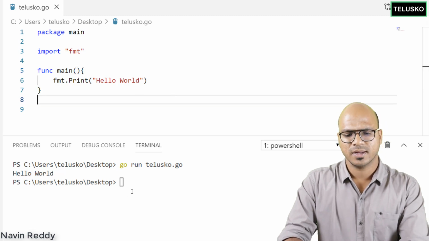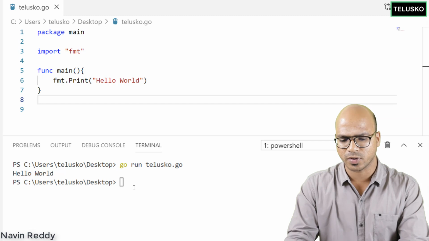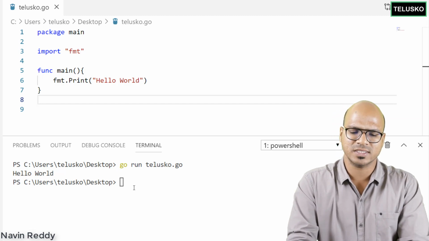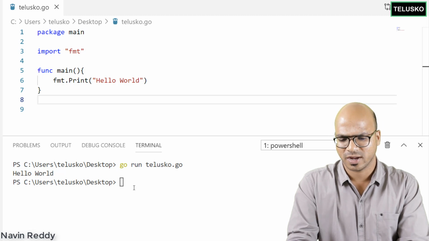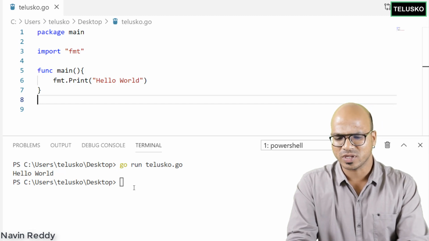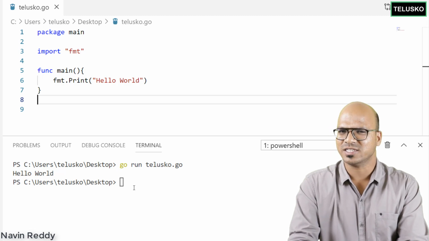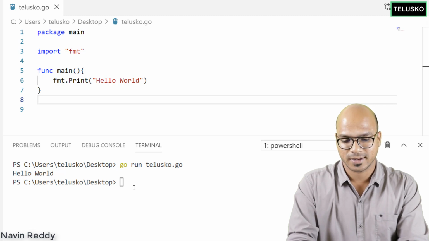Anything else? Yeah, this looks cool, and you can see we are able to run the code directly. But in the first video, we mentioned that Go is a compiled language, and we are not compiling it, and we are not even seeing the executable file. We'll see that in the next video. So that's from this video where we were able to write hello world, and then we were able to run this code. So see you in the next video,